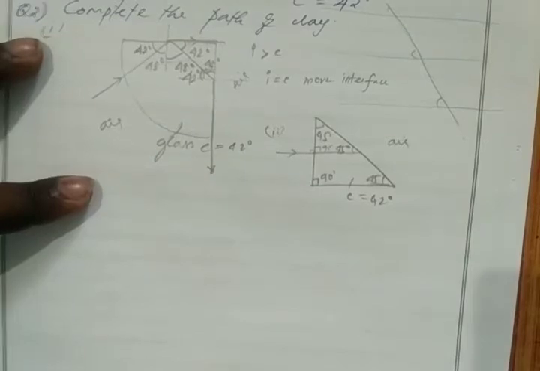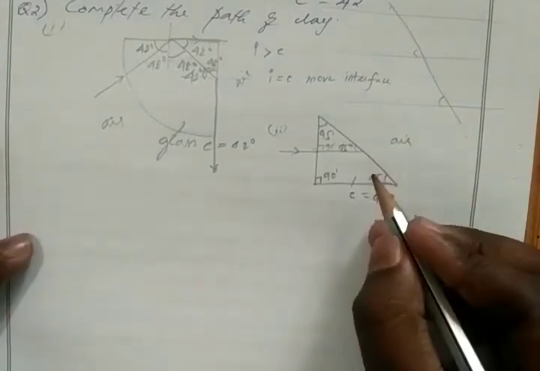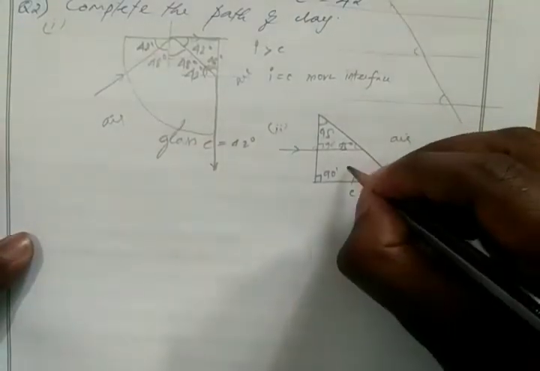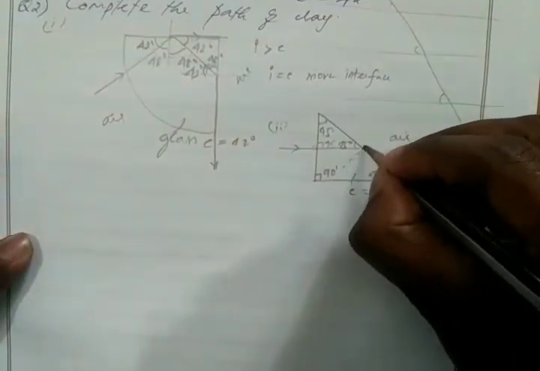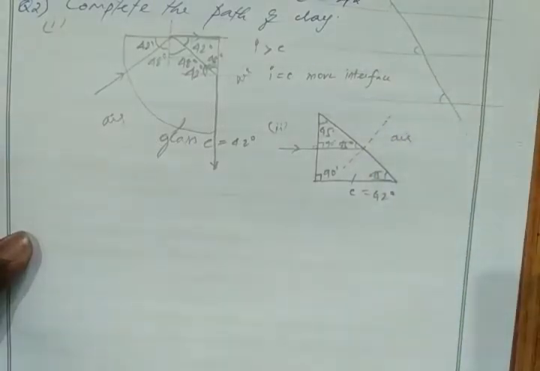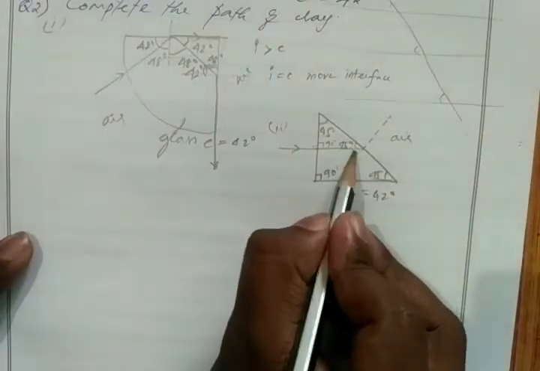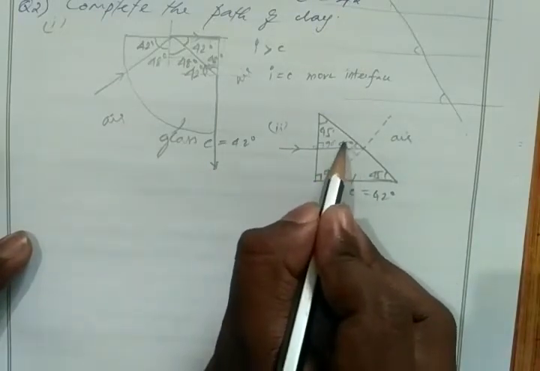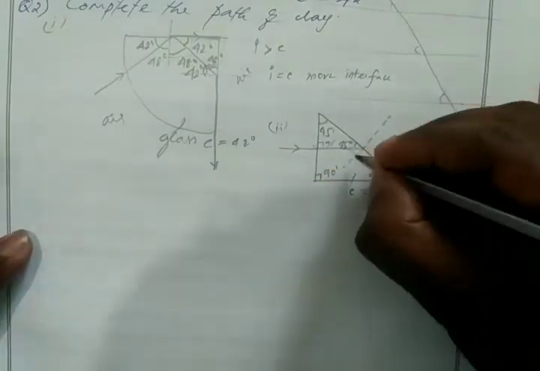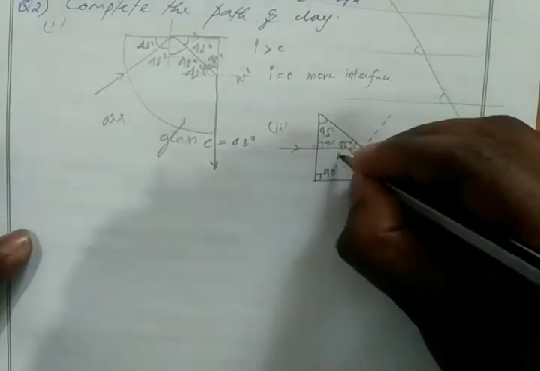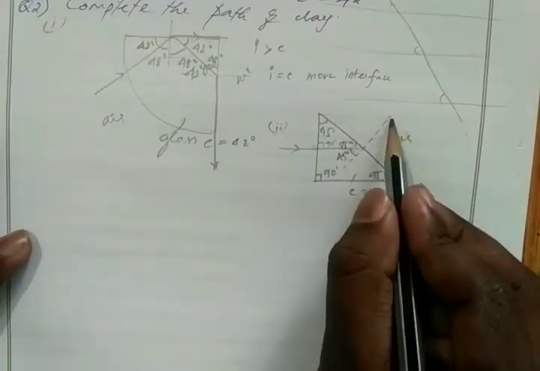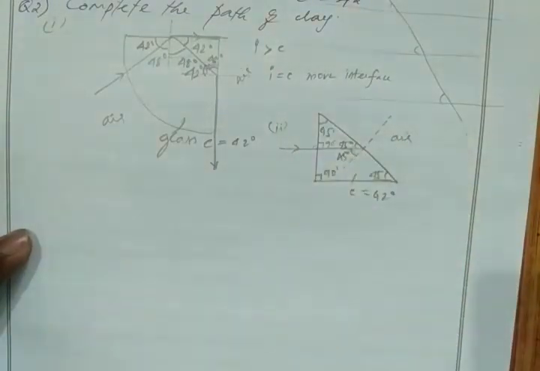If you draw any horizontal line inside this triangle, then all the angles will be 45 degrees. Okay, now this 45 degrees is not our incident angle. We have to find the incident angle. How? First we have to draw a normal line. Now it will create a 90 degree angle for this normal line. In this 90 degrees, this angle will be 45 degrees and the remaining angle also 45 degrees. So the angle of incidence to the normal is 45 degrees. This is our incident angle.